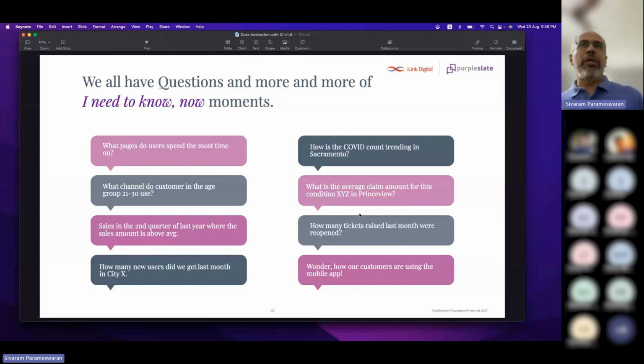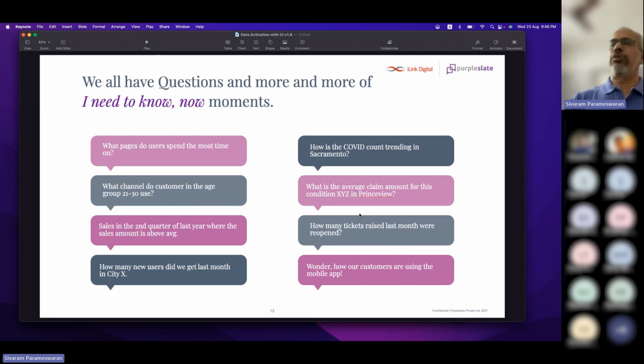Sometimes, even in typical meetings, however prepared we are, there is always this one question which is missing, which results in, hey, I'll get back to you on this, or hey, let's call somebody, can you answer this, right? I think that is precisely the problem we are trying to solve here in the context of data analytics. Rather than trying to pre-create dashboards and reports, why can't we let the users ask any question they have, within the confines of the attributes at hand, right?